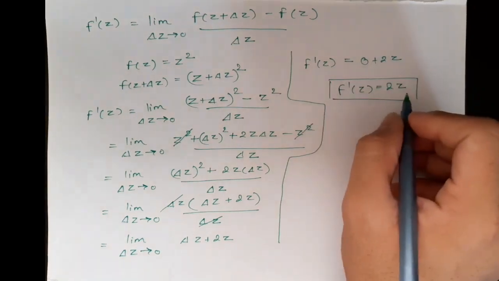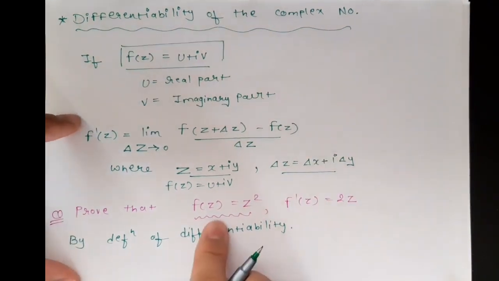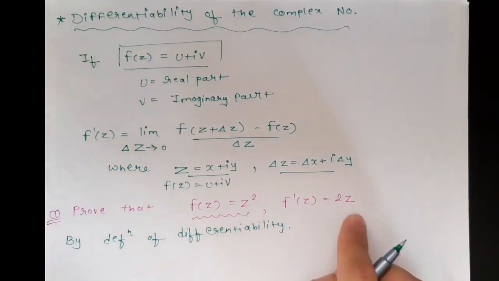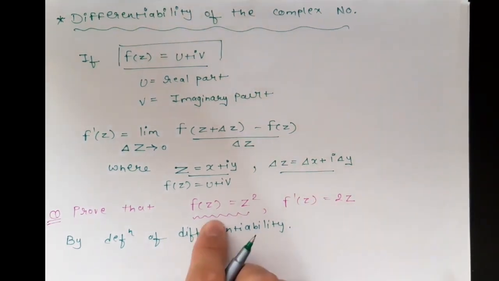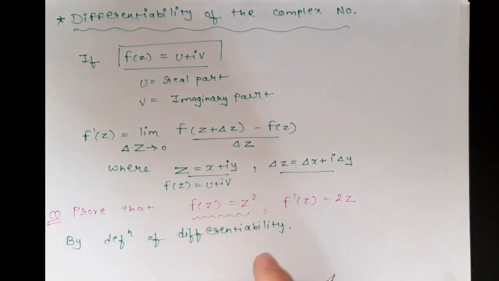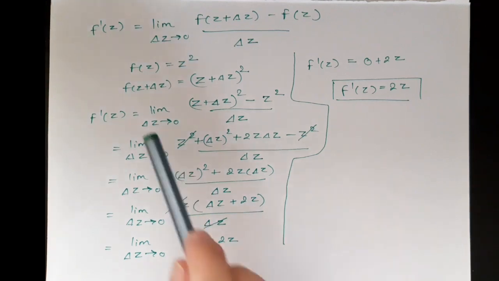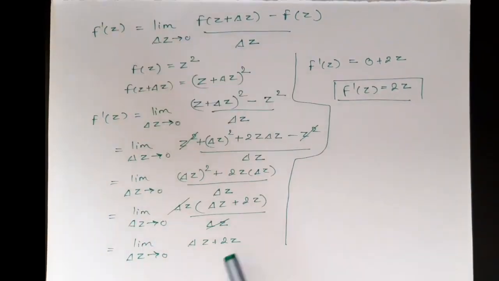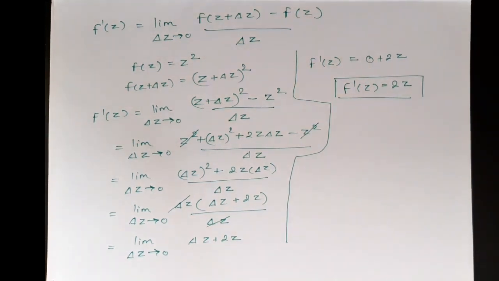So we have proved it. The question was to prove that f dash z is equals to 2z if f of z is equals to z square. Here, as the point is not mentioned at which we have to differentiate this f of z, we used the definition of differentiability, that is f dash z is equals to limit delta z tends to 0 f of z plus delta z minus f of z upon delta z, and by putting the values of f of z plus delta z and f of z, we got f dash z is equals to 2z. So I will give the hint: whenever in a question it is not mentioned at which point we have to differentiate the function, then always use the differentiability by the definition method. Okay,